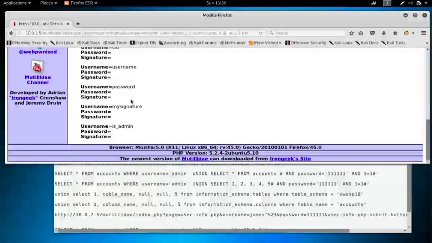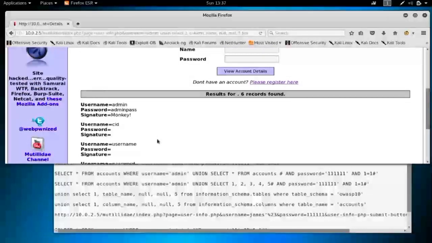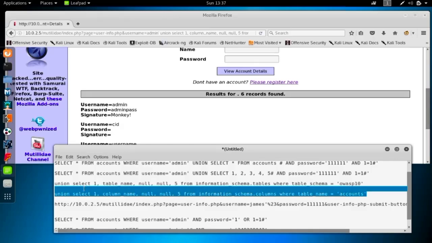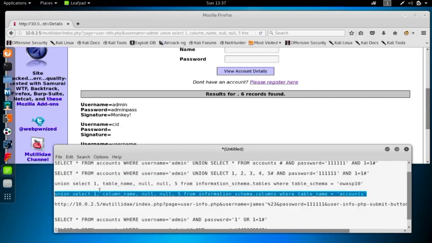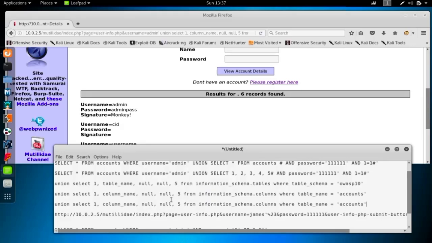So I see there is a username column, password column, and my signature column as well. So I can try and get these values belonging to username, password, and my signature. And I have some ID column as well, but I don't think we're going to need that. So how can we add this to our code? So let me copy one more time and change it a little bit more. So copy it, paste it below, and then